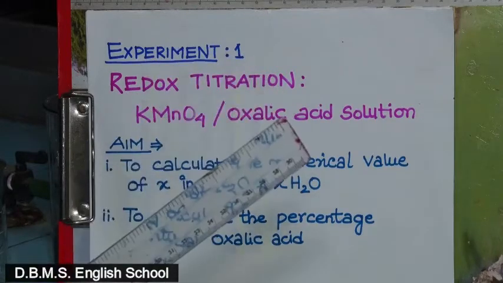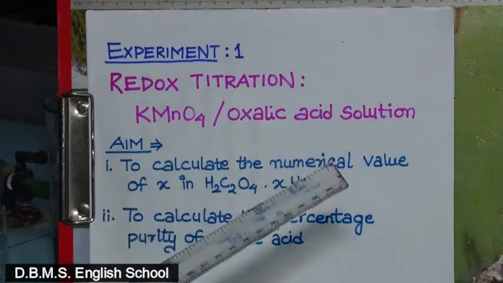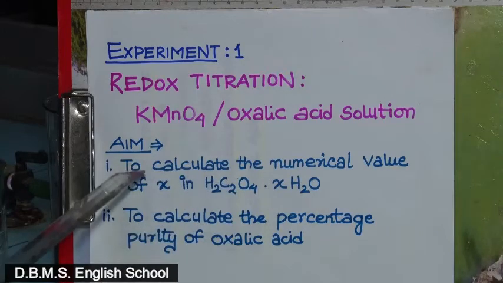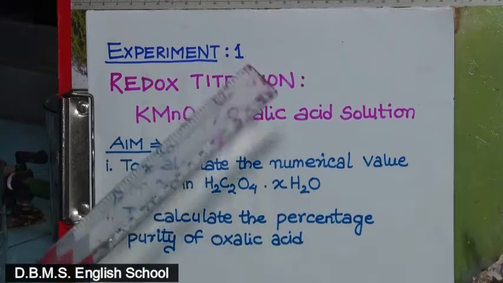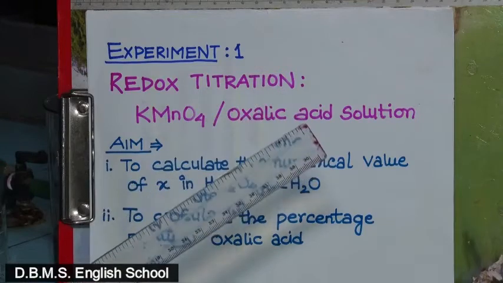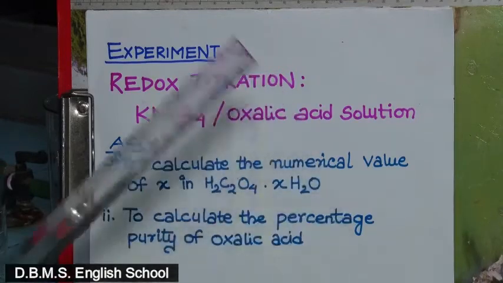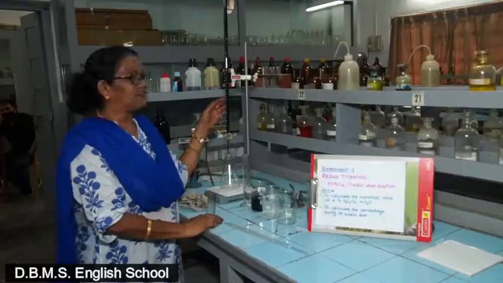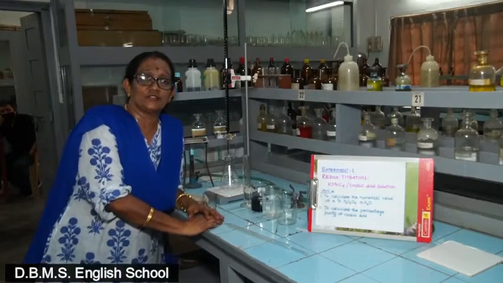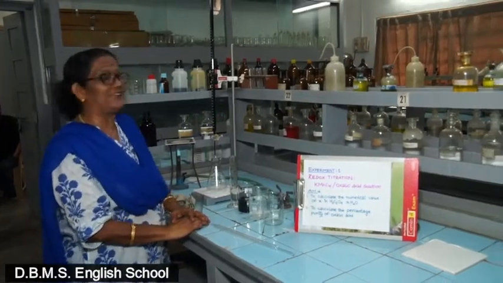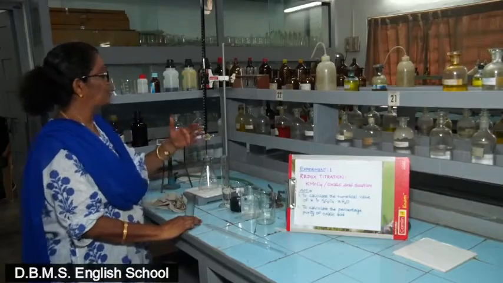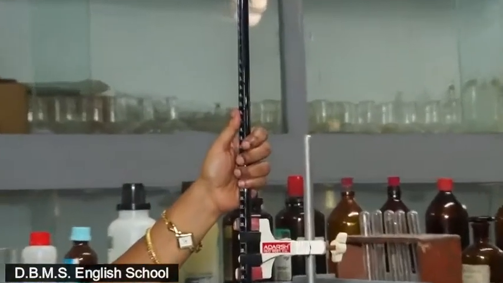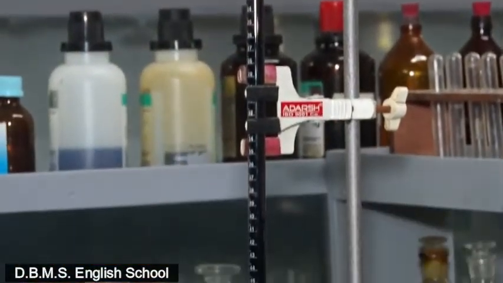Immediately after the experiment, there will be a set of questionnaire, and although the first two questions related to the two aims will be the same, you will realize that the third and the fourth questions will be different, the same different calculation with the same set of titre values. You have done titrations in your 11th class, so we are not going to explain the details of how to conduct a titration. Here in the burette, we have put in KMnO4 solution, and I am going to pipette out